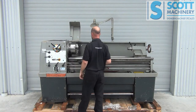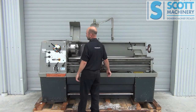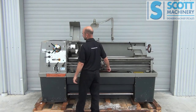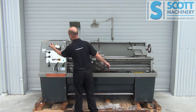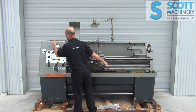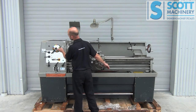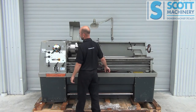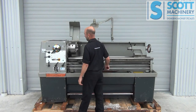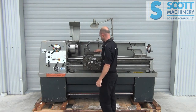Start with 25. So that's 25. 33. 45. 60, into the next range, 80, 108, 140, 190. And I'll use that foot brake,